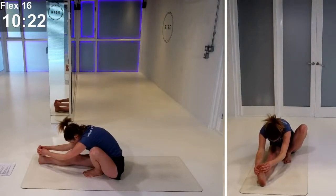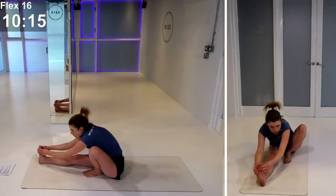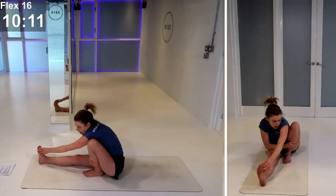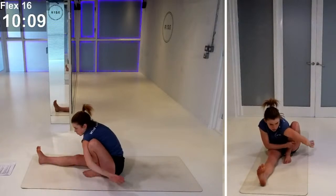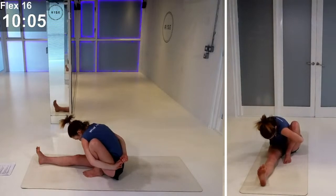Inhale. Exhale, 2. 1 more breath in. And out. If you'd like to take it deep, we're going to take the right hand over to the left shin,